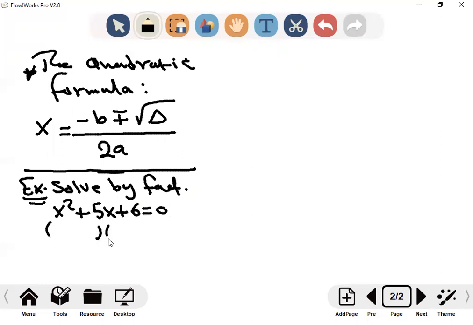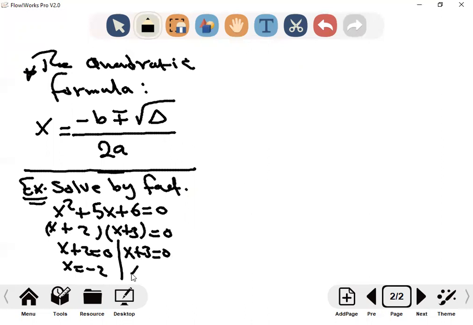We make two parentheses, right? x plus 2 and x plus 3. Then x plus 2 equals 0, so x equals negative 2, right? And x plus 3 equals 0, then x equals negative 3, right? So the solutions are negative 2 and negative 3. If I forget the factoring way,